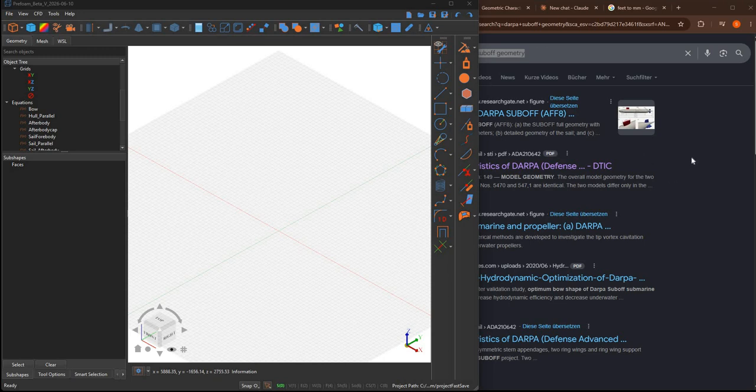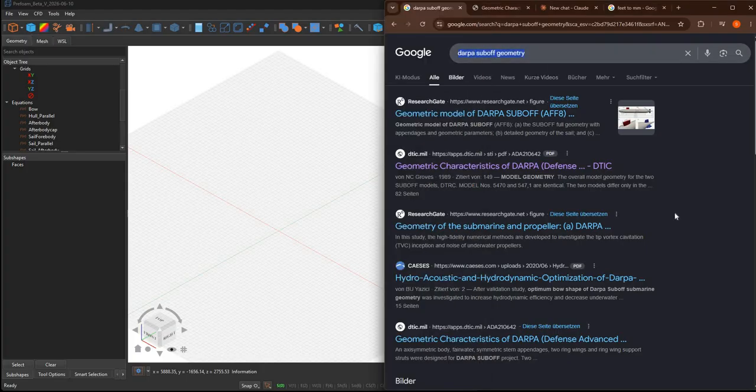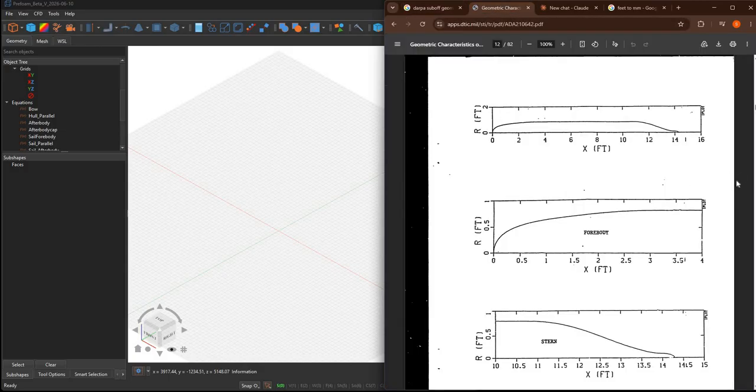Hi, in this tutorial I am going to show you how to create the Darpa Suboff Submarine Geometry in Prefoam. First of all, you need to find the PDF file that describes what the geometry looks like. So if you do a Google search, Darpa Suboff Geometry, you will find this PDF file called Geometric Characteristics of Darpa. If you open the PDF file, you will see